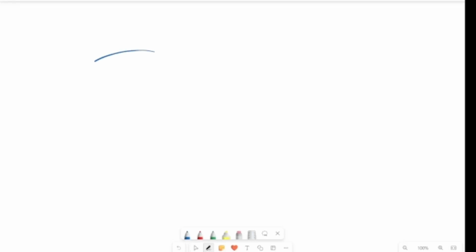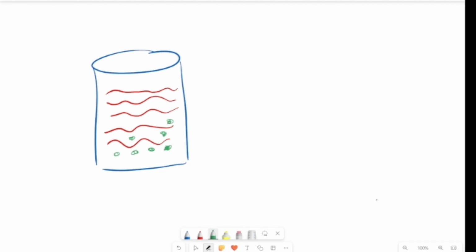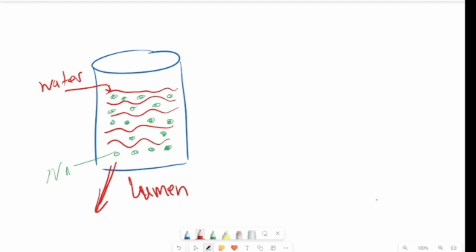Okay, so the first one here, if you have the first container here, and we have the urine. This is the urine. Then we have electrolytes. Could be sodium, could be potassium, could be magnesium in the urine. All these particles of sodium, let me say. And then we have water, and this represents maybe the lumen of the nephron. So the mannitol increases excretion of water,